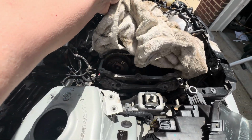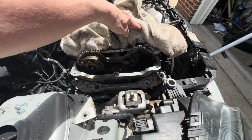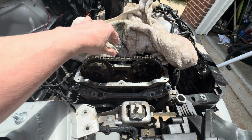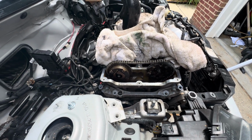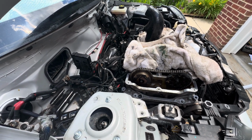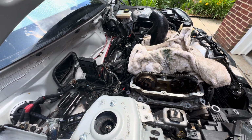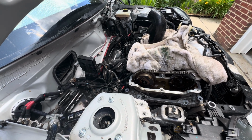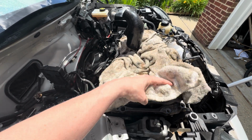So next up, we're going to be replacing the timing chain. It's worn, it's loose, and while we've got everything out, now is the perfect time to do it. As for the reason we took the air intake out, one was to have a better angle to do the walnut blast, but also because I'm going to be replacing that air intake, so it just made sense to take it all out at the same time. So next up is the